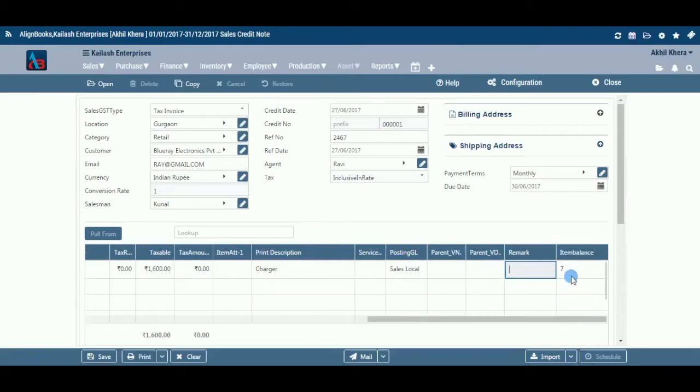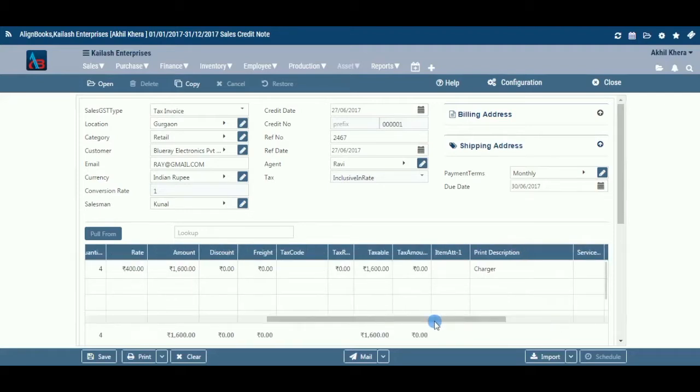If you wish to put any remark against an item, enter here. Item balance: the system will display the stock in hand of this particular item. The table is dynamic and many extra columns in the table will appear based on your configuration in Company Setup. If you set up these fields, you will need to enter relevant values in the columns created for each item